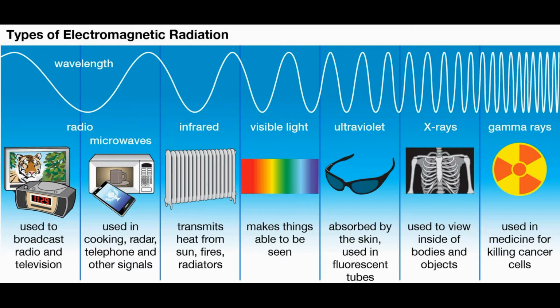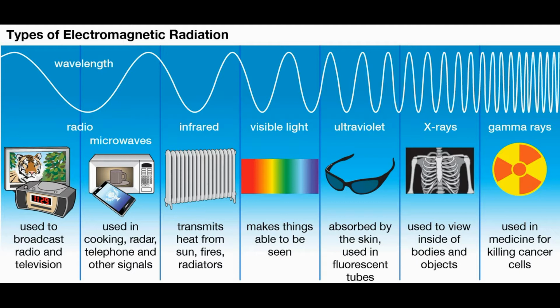In ascending order of frequency, the first rays are gamma rays, then X-rays, then UV rays, the fourth one visible rays, the next one microwaves, and the last one is radio waves. The wavelength of radio waves is very large and the frequency is very low, and the wavelength of gamma rays is very small and the frequency is very high.